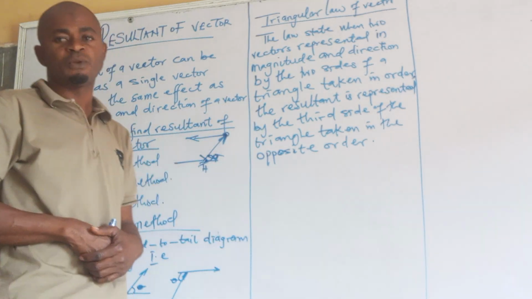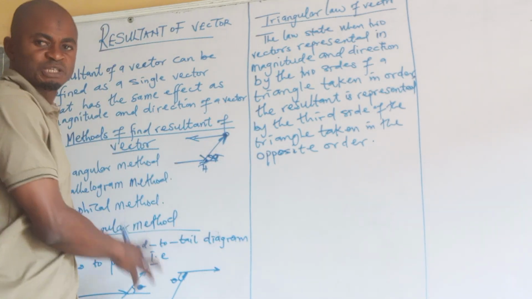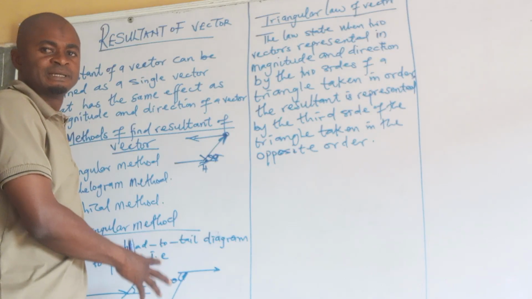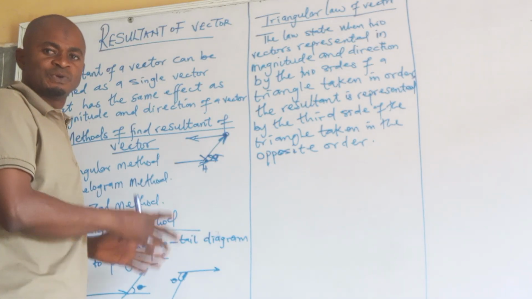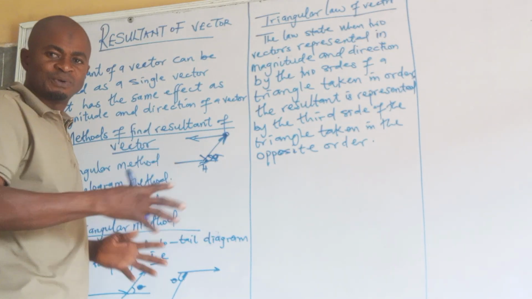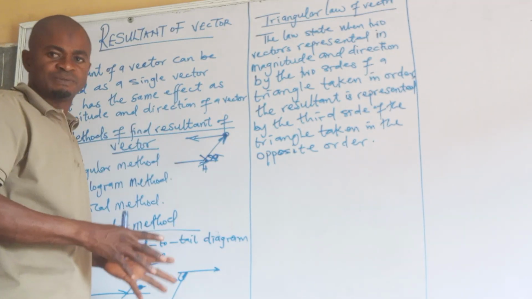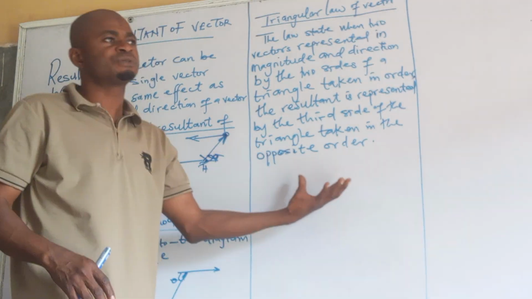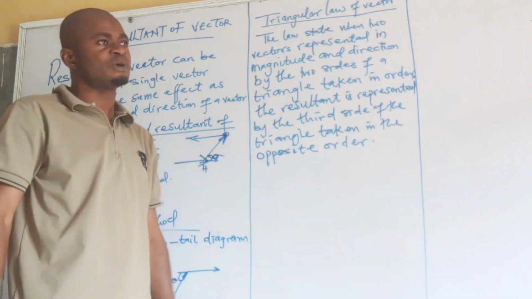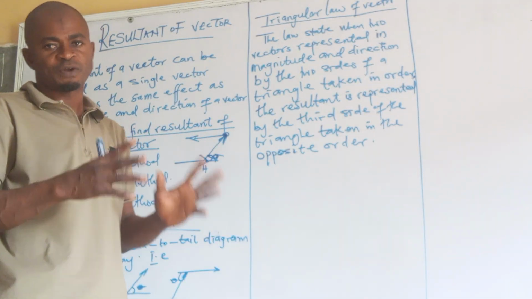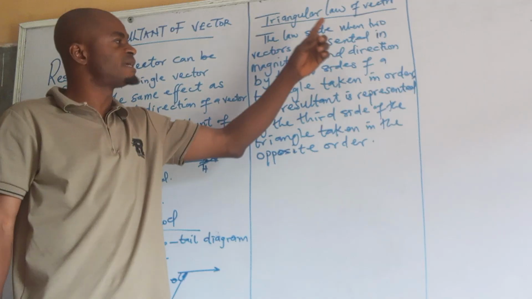Now, what is the triangular law of a vector? Explanation of the triangular method is a method where head and tail cases are involved or used. Now, at this junction, triangular method. What is the triangular law of a vector? The triangular law of a vector states that